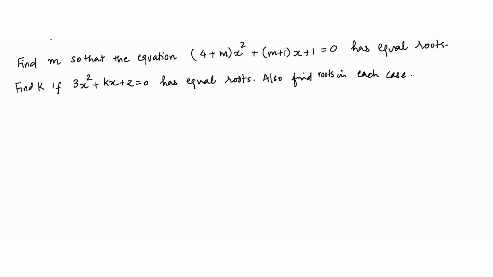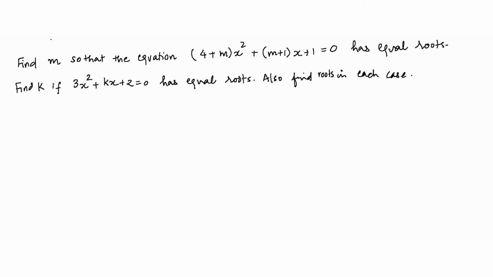In this session, we are again going to solve a few questions based on nature of roots of quadratic equations. We know that the nature of roots of a quadratic equation is determined by the value of the discriminant. If the discriminant is equal to 0, the roots of the equation are real and equal. If the discriminant is greater than 0, the roots are real and distinct. And if the discriminant is less than 0, then the roots are imaginary. So using this idea, let us solve a few questions here.